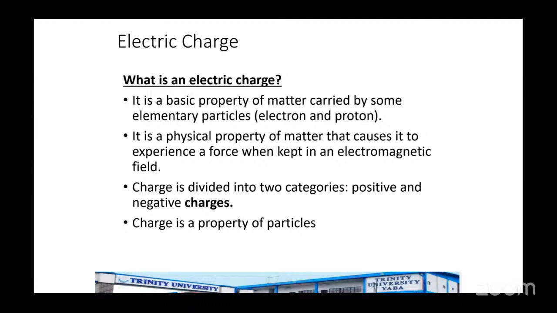So charges are physical properties of matter that cause it to experience a force when kept in an electromagnetic field. So it's this charge that is